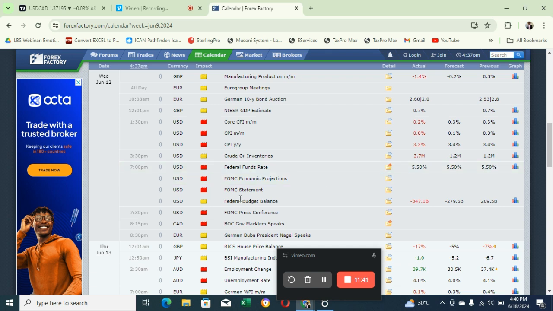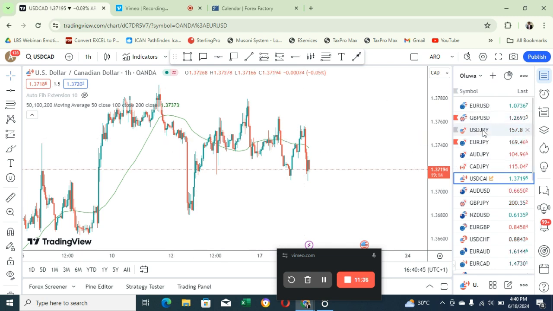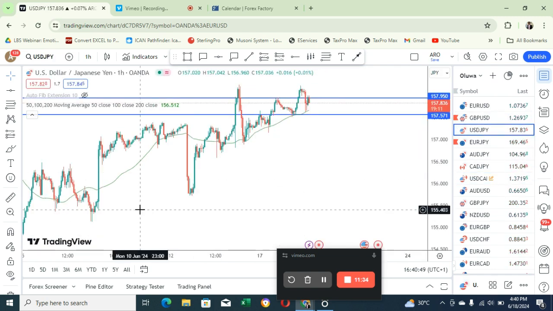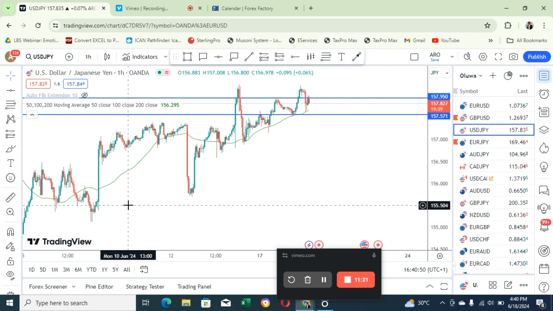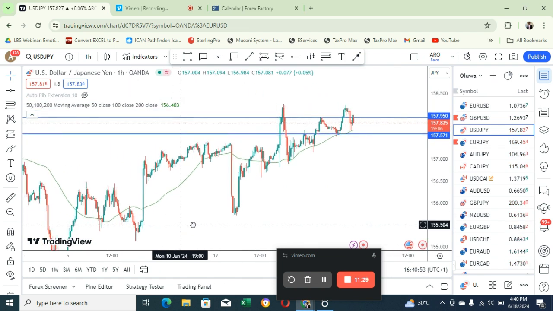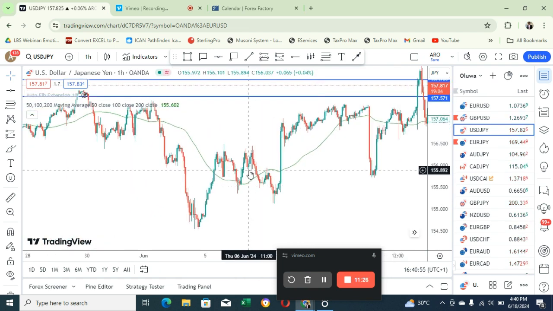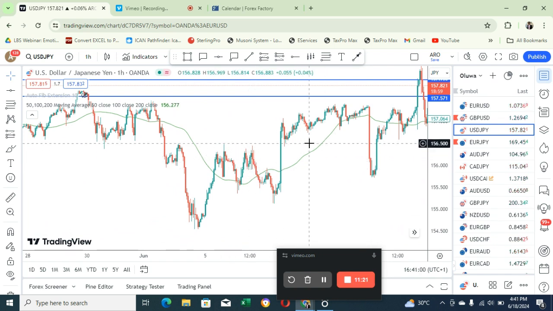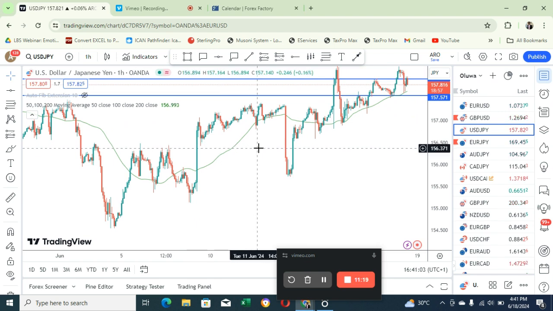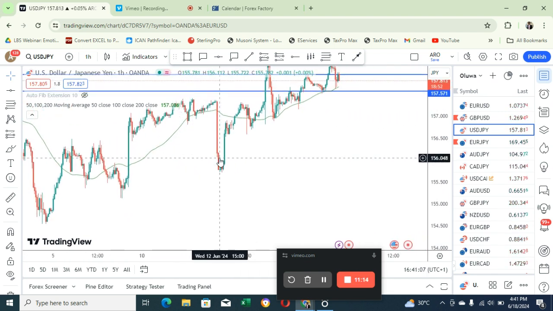So let's go and check our chart for that day, the 12th of June. This is the news that happened at 1:30. Let's check the one at 7:30. You can see